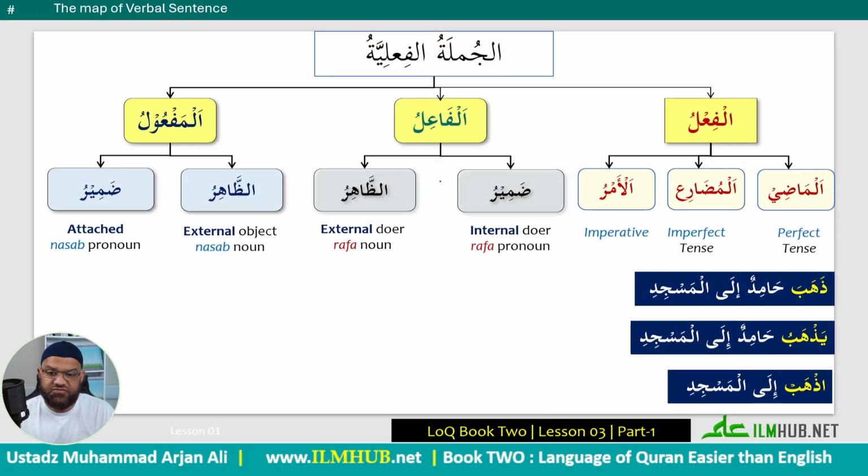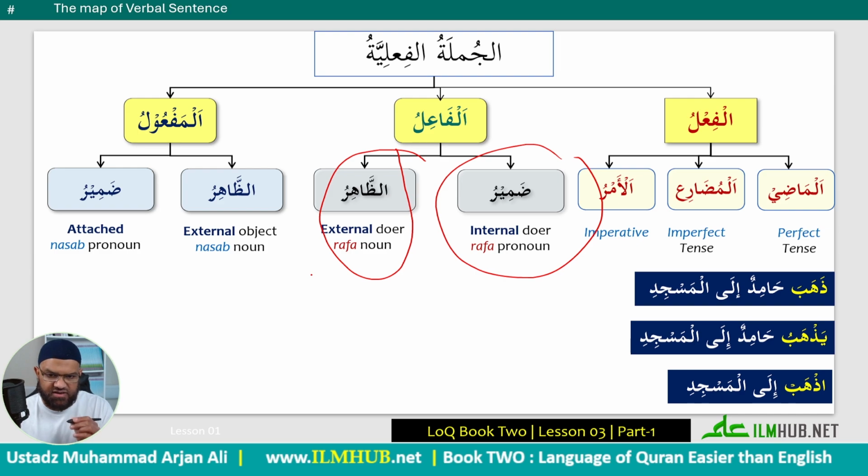So alhamdulillah, I've got a very good overview of the doer as the pronoun and all the variations of the doer as a noun coming after, which is in rafa. That's the rule that's been followed all the way through. Yes, we did the variations at the end, but those are the 2 points that you need to remember very well.